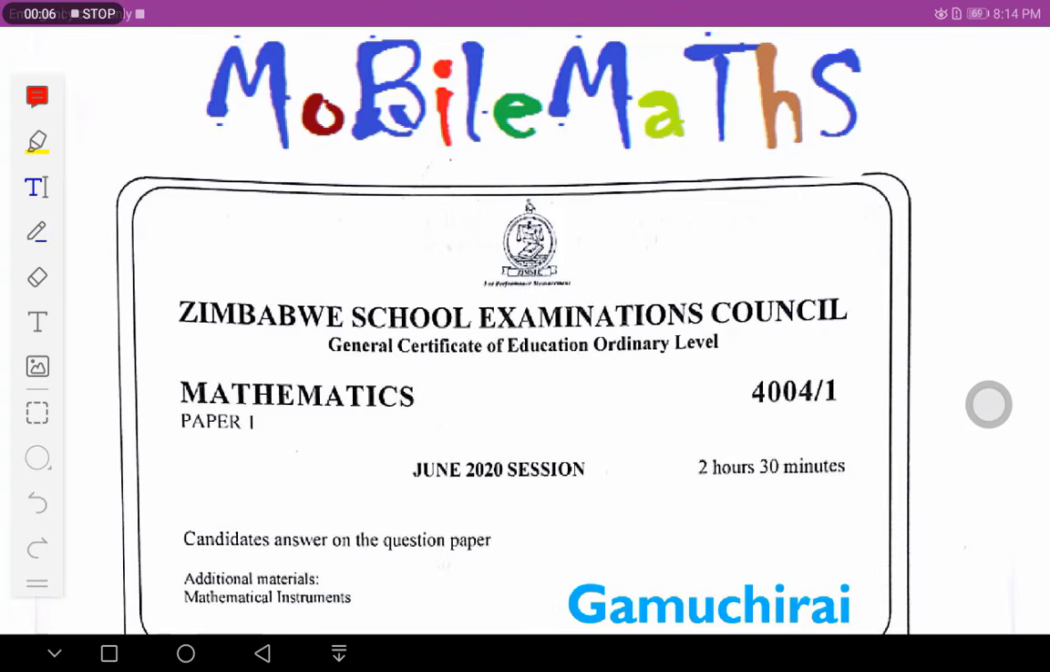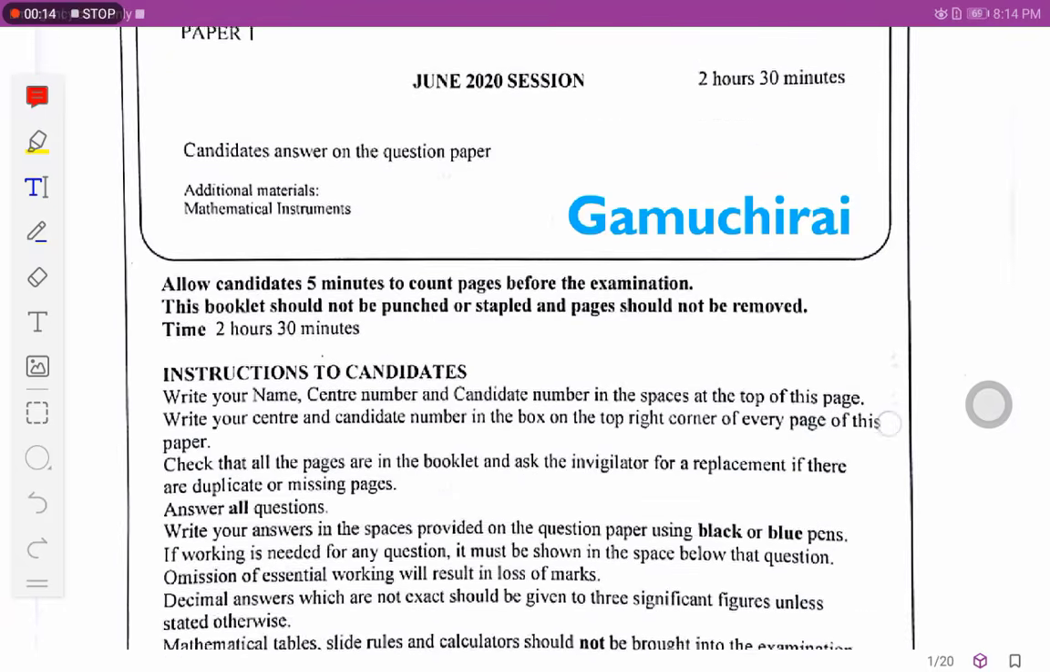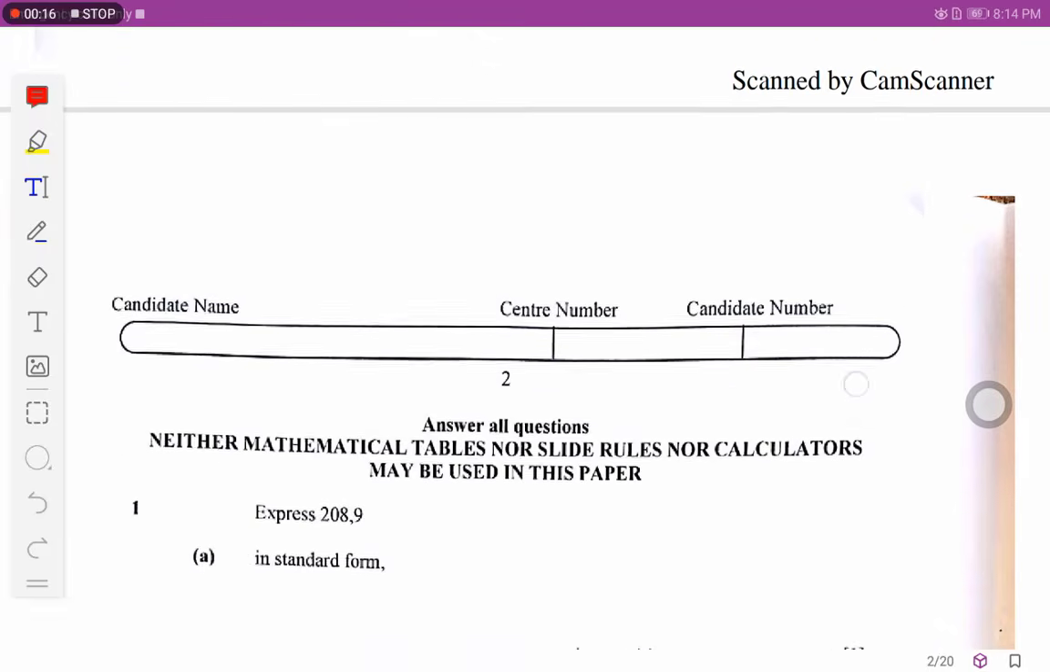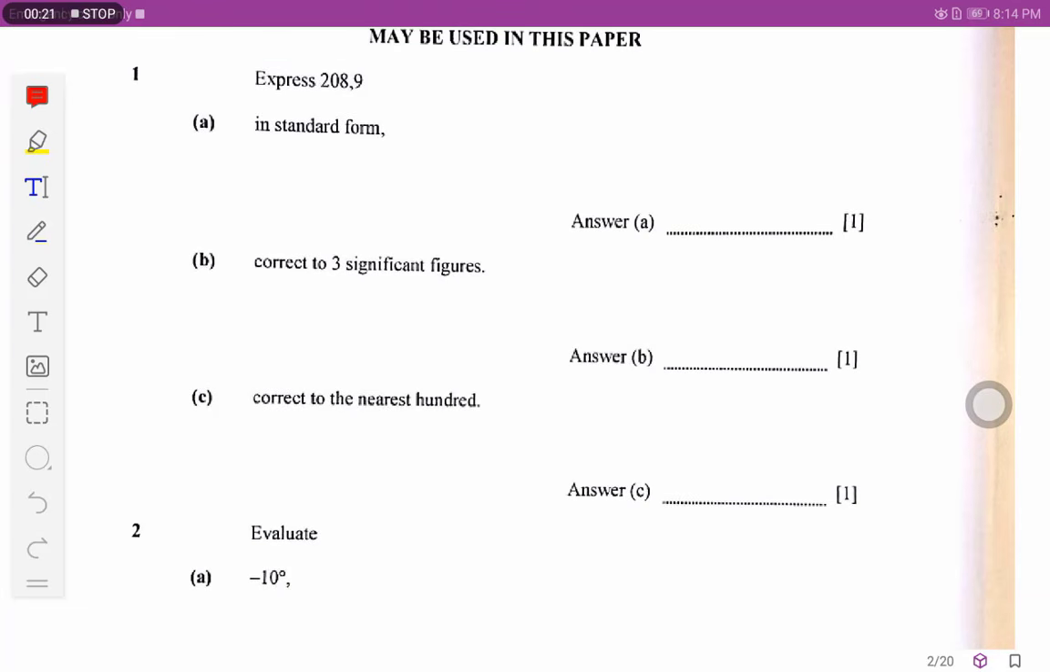So today I want us to look at June 2020 paper 1. I'm going to take you through this paper. Let's go to question number 1. The first question is saying express